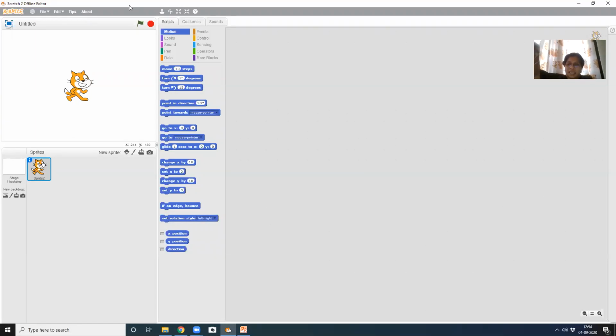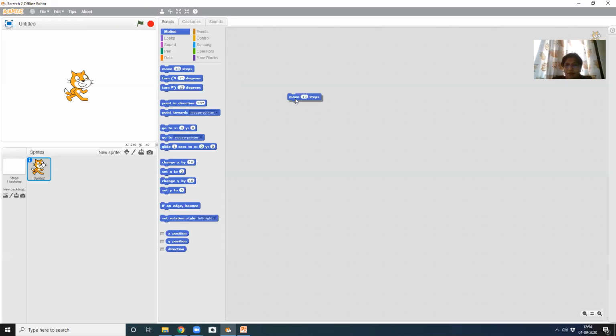Once I keep it in the script area, I will leave the left button. Just see it here. Now I've clicked it and I am not leaving it. Can you see on my screen, it is pressed.